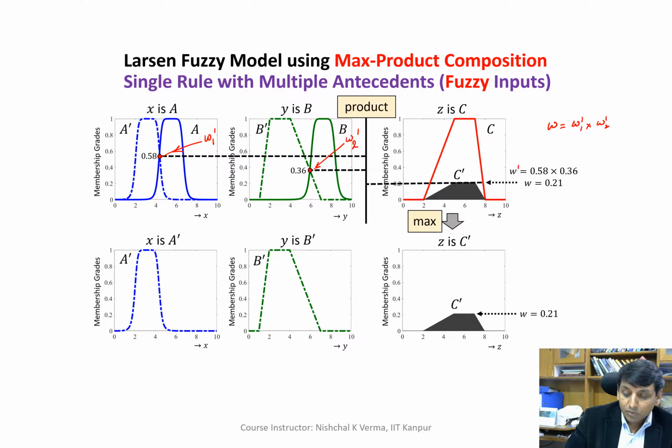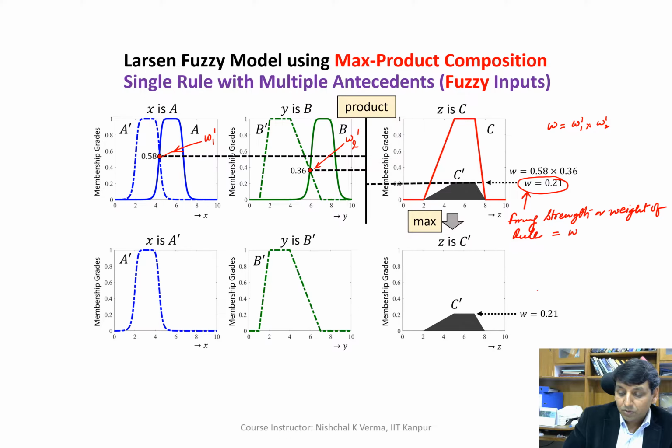So here this is W1. This was the first rule, single rule. That's why, whether we write it or not write it, it doesn't make any difference. So let us not use 1. Okay, so when we multiply the two, W11 and W21, we get the firing strength of the rule, or the weight of the rule,